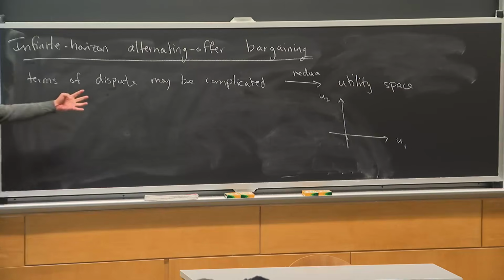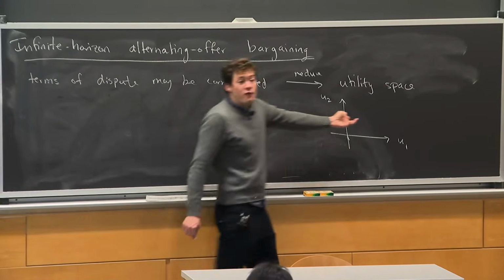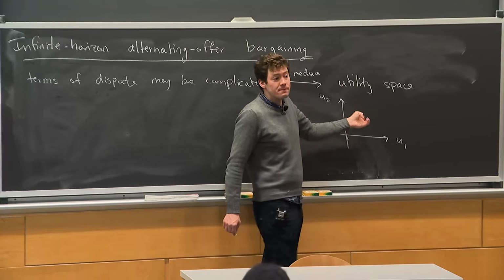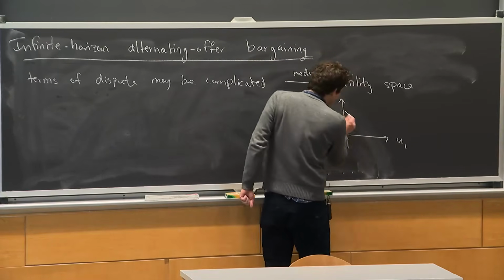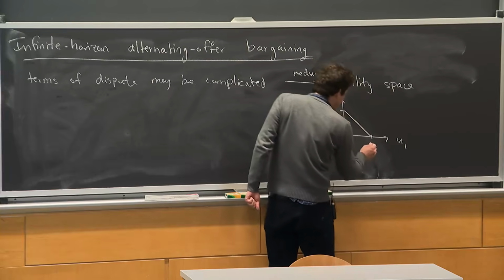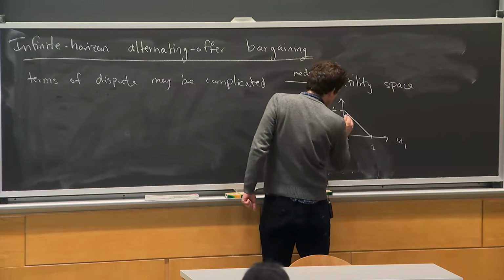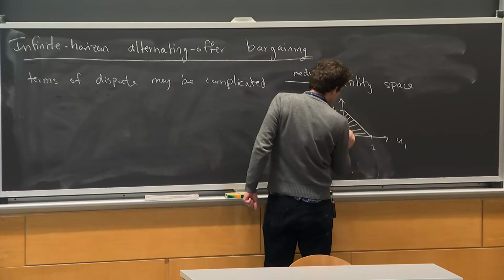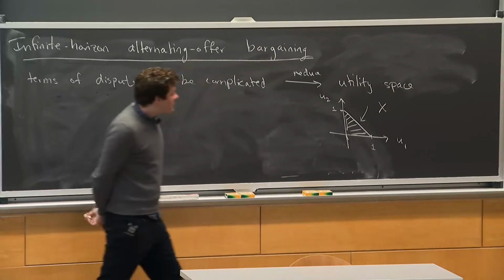And the set of all possible agreements we can reach, we're simply going to represent by the set of all possible utility pairs we could get. So we're going to have some set X. Let me draw a very simple example of a set, but we could be much more general. So maybe this is our set X,